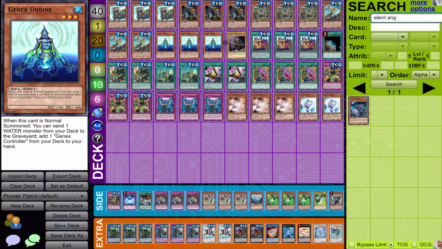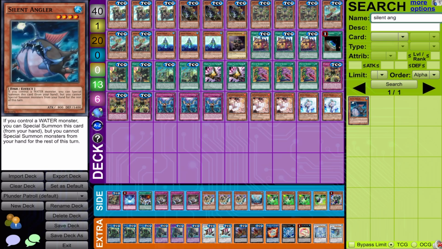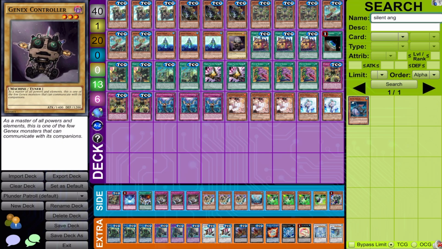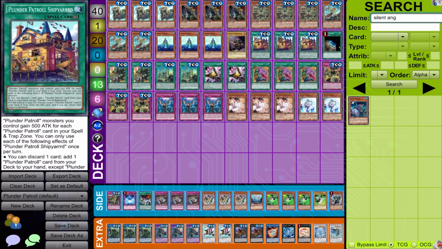But let me know what you think about that, because I do think that there is a place for Angler in this deck, because it is very valuable for sure. Nonetheless, that's pretty much it for the monsters. Let's go ahead and move into the spell cards, and for those we play first, one copy of Plunder Patrol